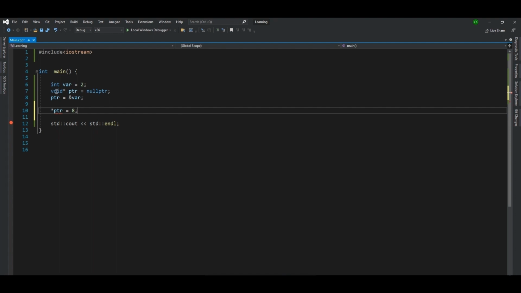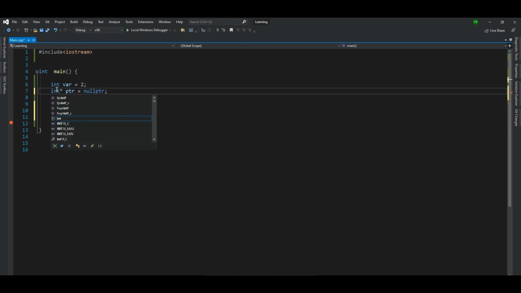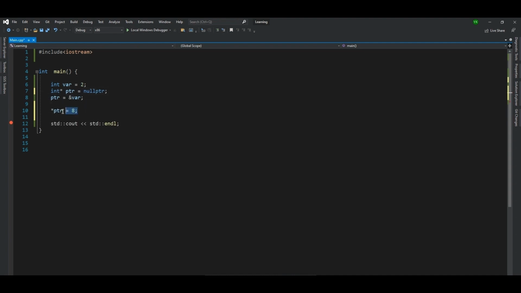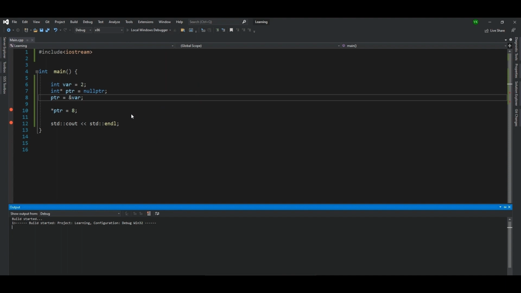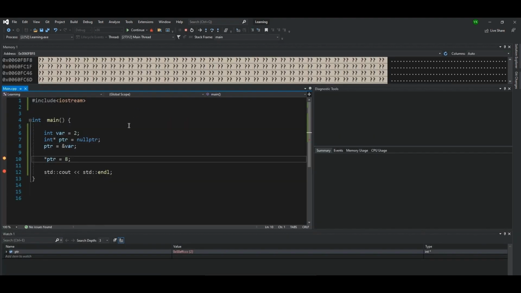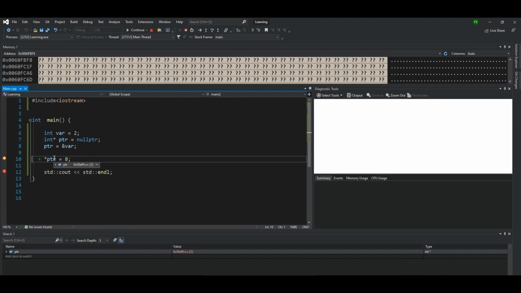A double, float, short, int. We need to tell the compiler that the address I am trying to access will store an integer value. Compiler doesn't know that. We need to tell the compiler. Let's put a breakpoint over here as well, and let's run the same process again. And we'll debug, and we'll copy the address again from here,